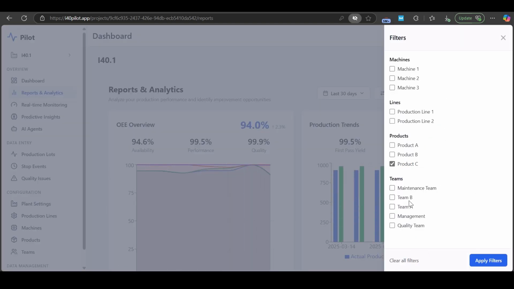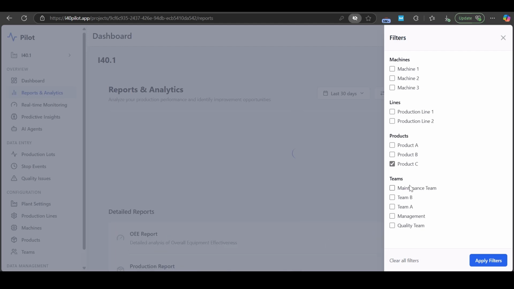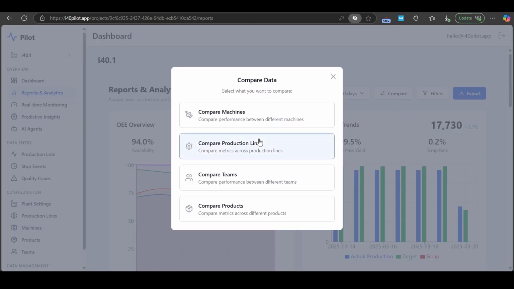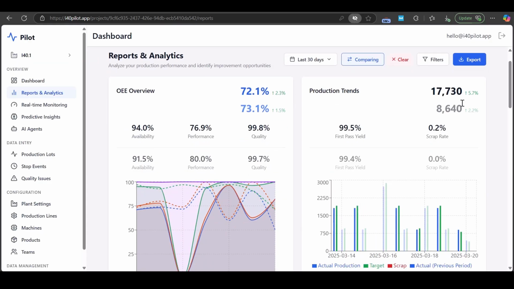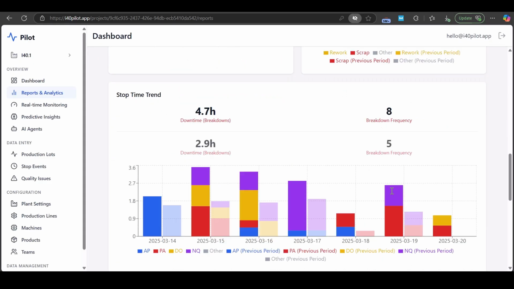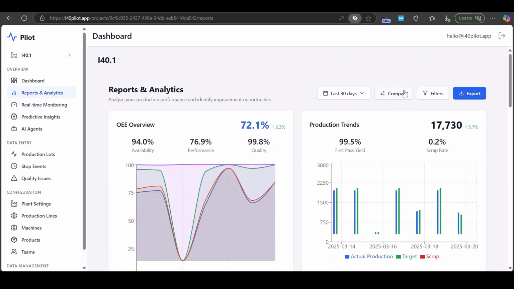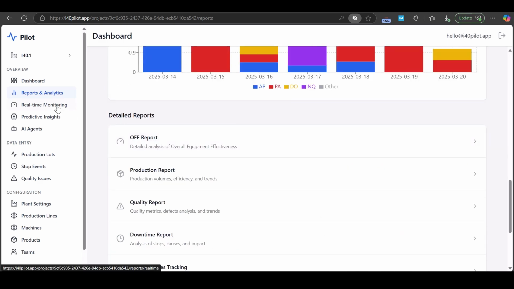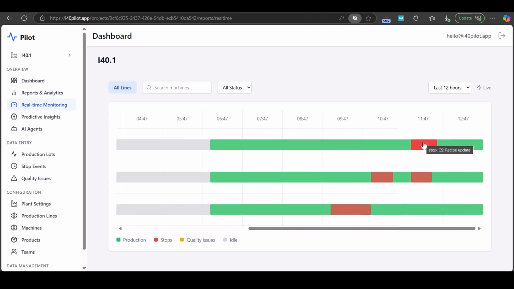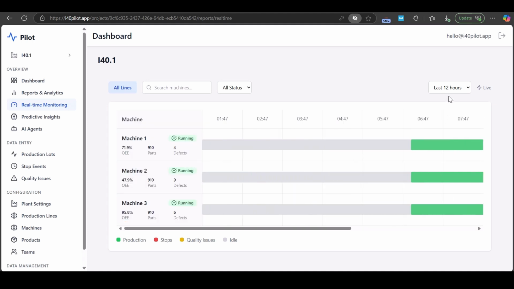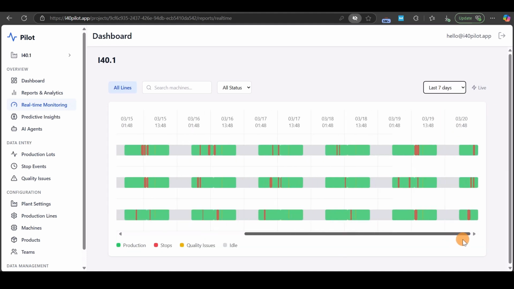Once your data is in place, dashboards provide real-time insights into every aspect of production. You can monitor the latest events, track machine status, production rates, and quickly identify deviations that could impact efficiency. Downtime tracking allows you to see the duration, frequency, and causes of stops, helping you pinpoint recurring issues and reduce unplanned interruptions. Quality monitoring highlights defect rates and variations, making it easier to detect trends and address production inconsistencies before